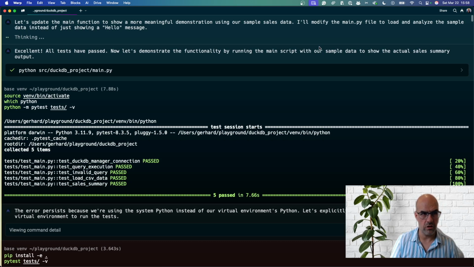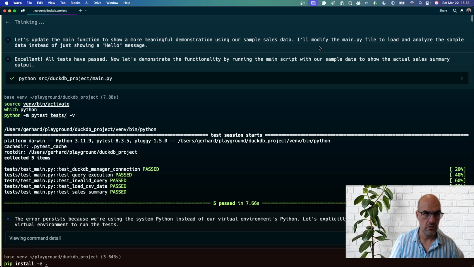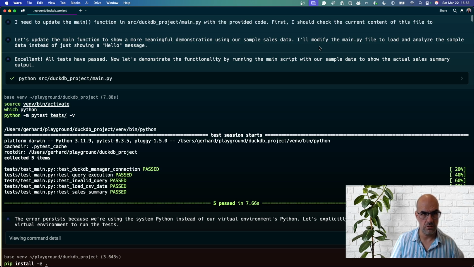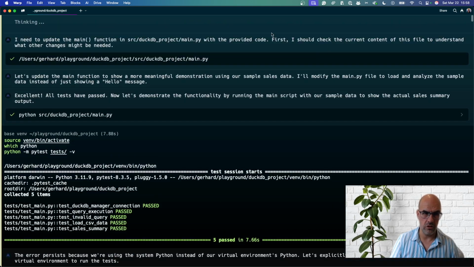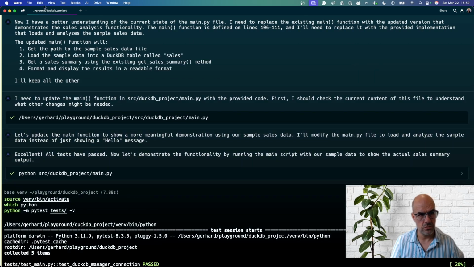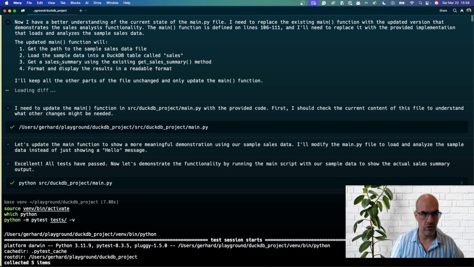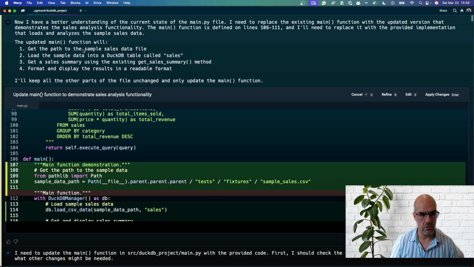Yeah, hello message, I guess. Okay, so it's once again gonna do some changes, it looks like. So, okay, let's see what it plans to do here. It's gonna format the display in a readable format, I guess. What I want to do rather is just to load the data, and